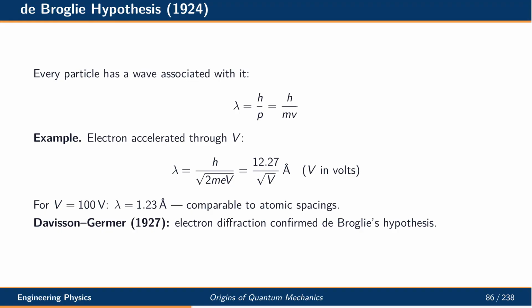Louis de Broglie proposed that every particle has a wave associated with it, with wavelength equal to Planck's constant divided by momentum. For an electron accelerated through 100 volts, the de Broglie wavelength is about 1.23 angstroms, comparable to atomic spacings in crystals. This suggested that electron beams could be diffracted by crystals just like X-rays. The Davisson and Germer experiment in 1927 beautifully